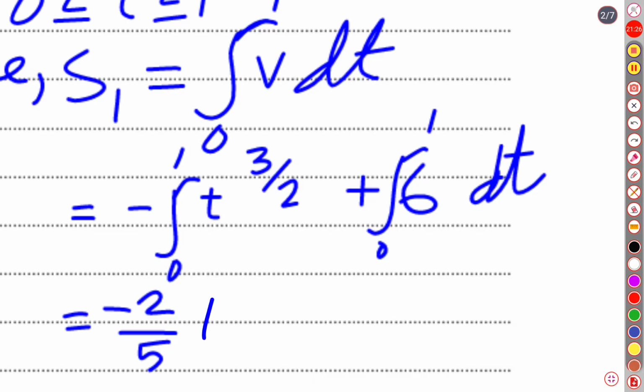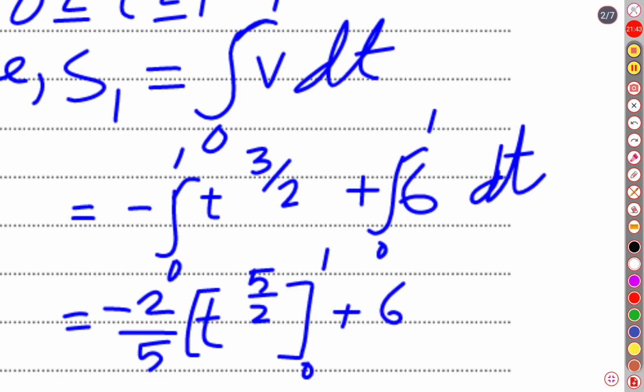Then the exponent of t is going to be 5 over 2, as we have already found, and the limit is 0 until 1, plus here also we can write the constant value of 6 will produce t, and the limit is 0 until 1, plus constant number. As there is no constant number,